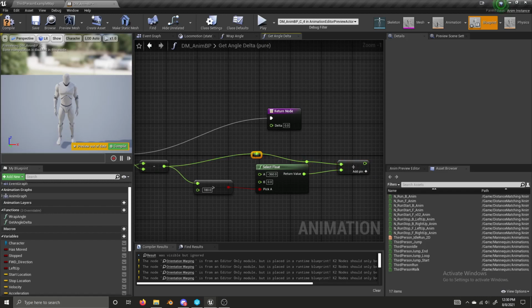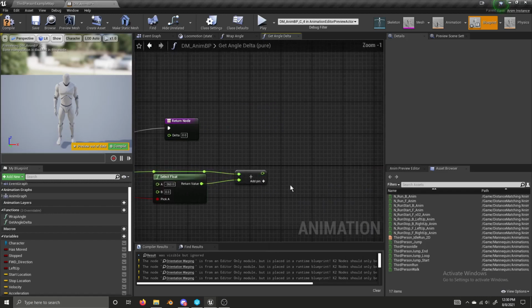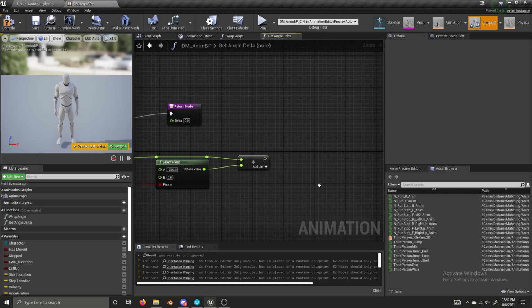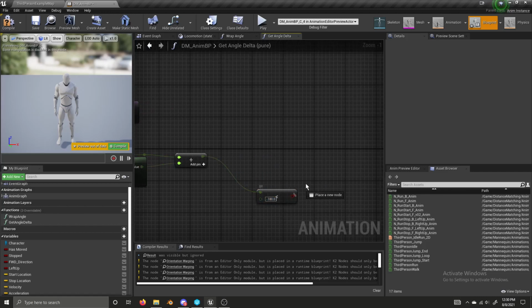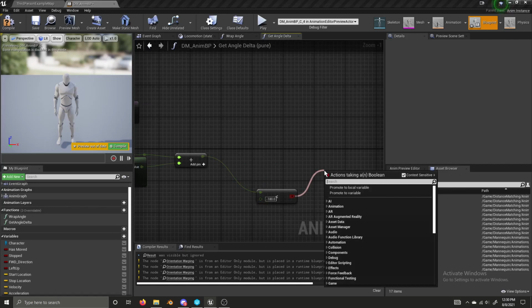I'll give myself 2 of them. There. Okay. And now, if the result of this addition is less than